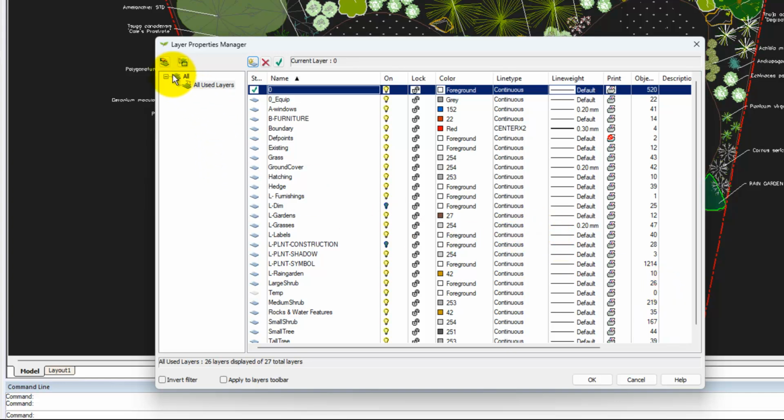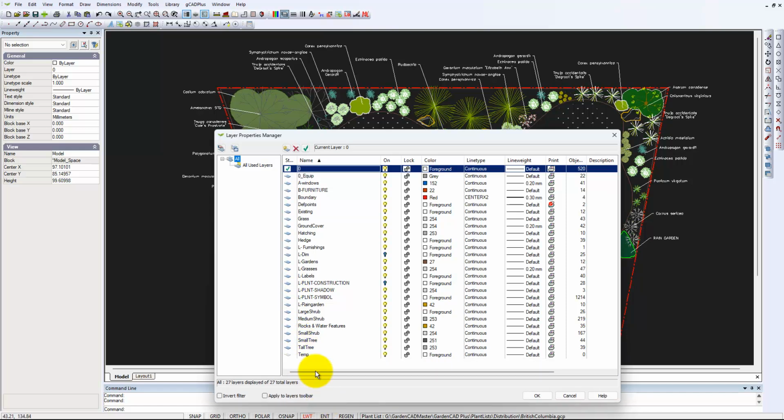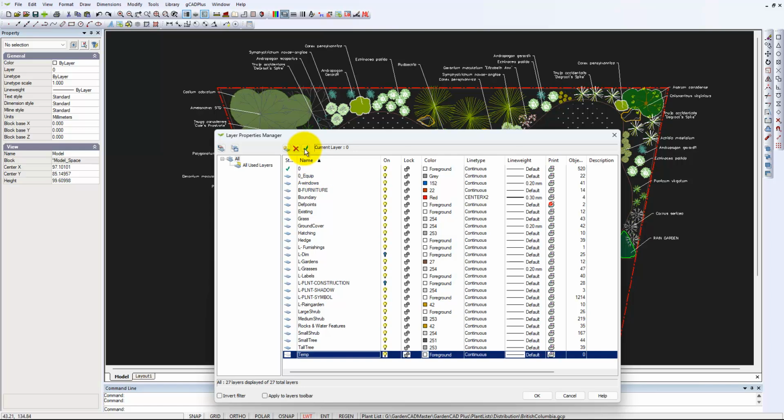If we come back here to All layers, the layer temp is exactly the same. But if we switch back to All and then notice temp, I'll just move this down, the layer is there. And if I come back here to All Used Layers, the layer has disappeared. So it now only features in the list of all layers. If we come back here and make temp current